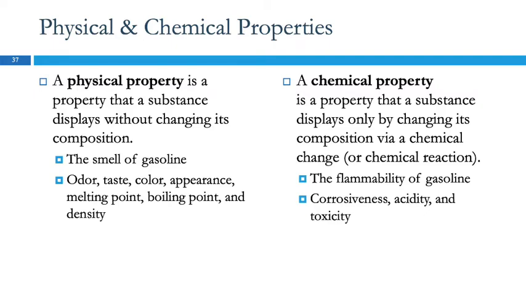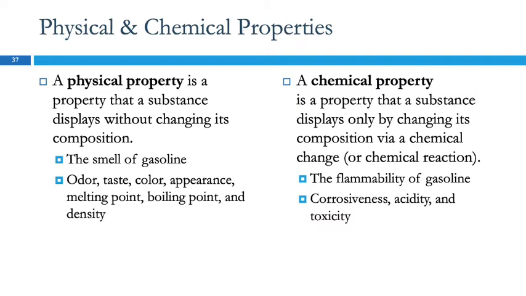So we can also have chemical and physical properties, and they are quite closely related to those changes. A physical property is one that the substance displays or that you can observe without changing the composition of the substance. An example would be the smell of gasoline. Gasoline has a distinctive smell. The process of me smelling the gasoline does not change the gasoline,